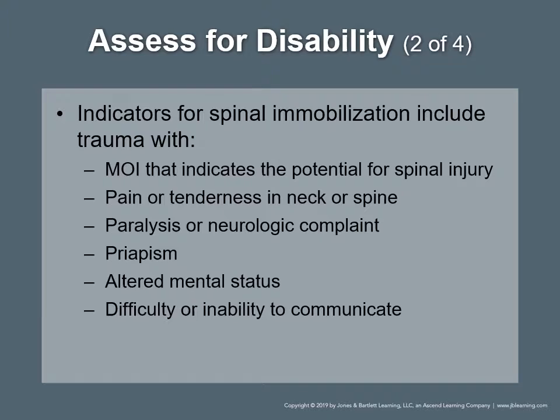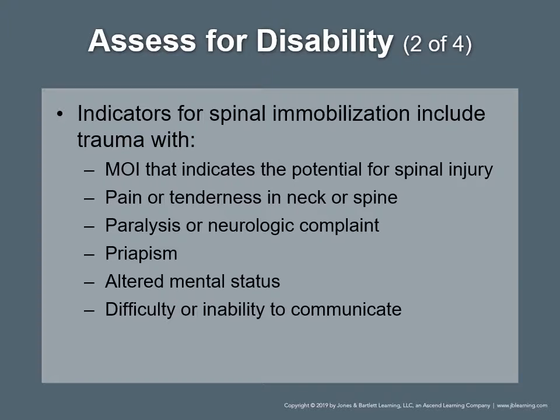So things that we're going to look for quickly are the mechanism of injury. If we think that that's indicative of a spinal cord injury, any pain or tenderness in their neck and spine, just if they're saying, ow, ow, ow, my neck hurts and I can't move it,